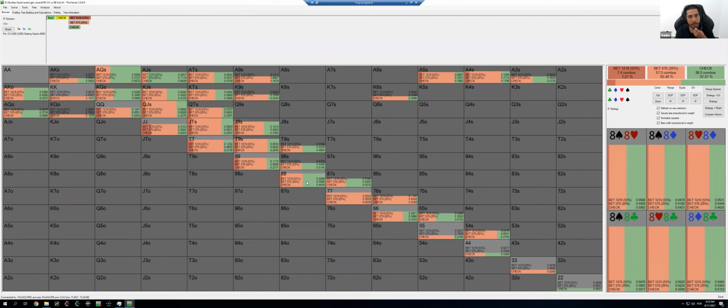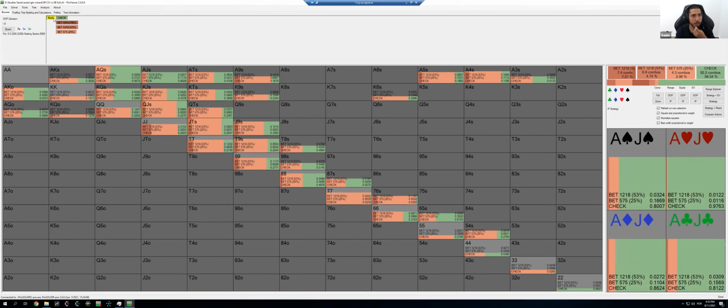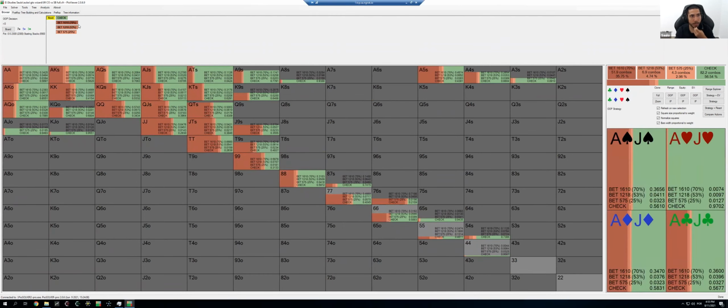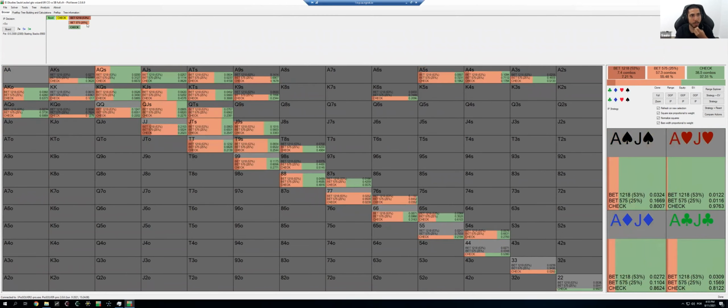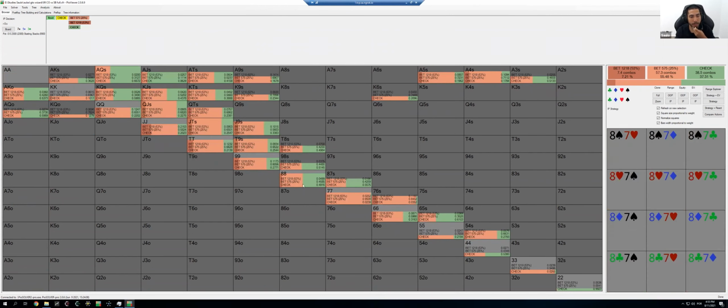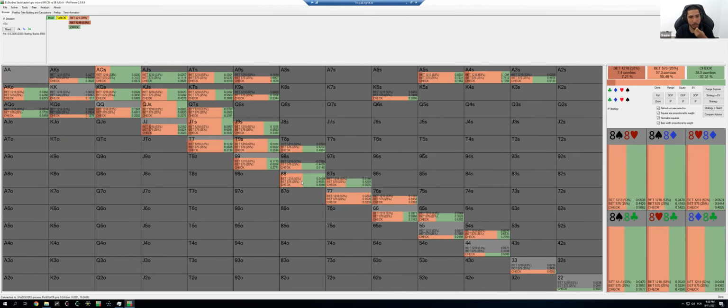So take a look at pocket eights here. We have pocket eights on a 7-high board, and pocket eights is mixing in the GTO solution with 50% checkbacks. If you suddenly play a strategy where you bet super often with overpairs and don't check them very much, and therefore you don't threaten the in-position player with check-raises as much, then these pocket eights type combos that people are betting too much are going to print way more money than they should.